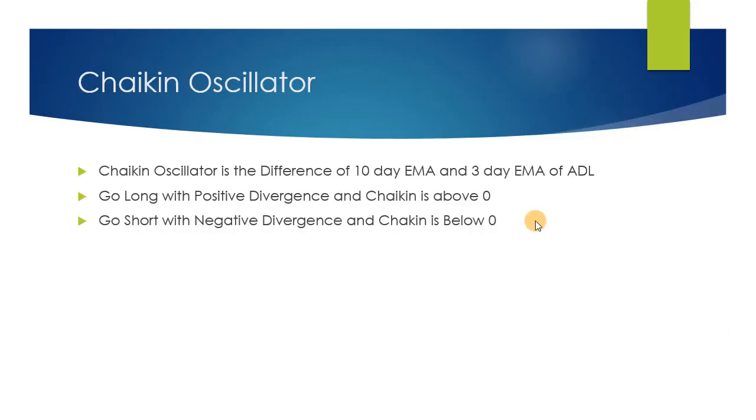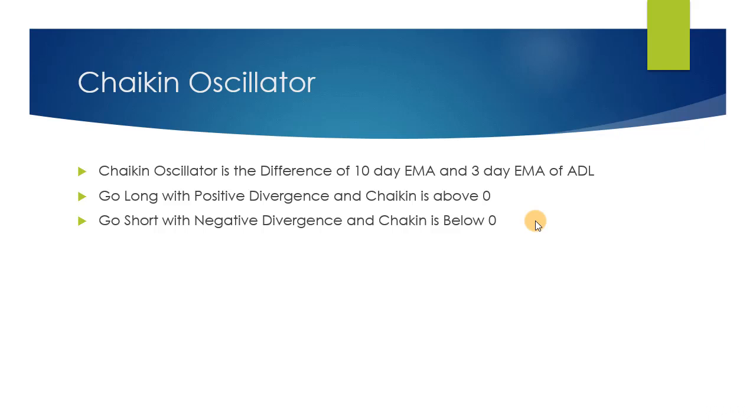Chaikin oscillator is the difference between the 3-day EMA of the accumulation distribution line and the 10-day EMA of the accumulation distribution line. A change in momentum is the first step to a change in trend. So we can use Chaikin oscillator to get early buy and sell signals. It oscillates above and below the zero line.